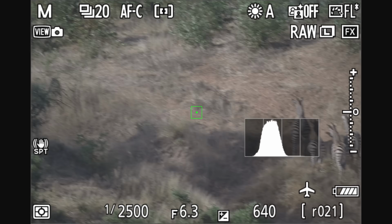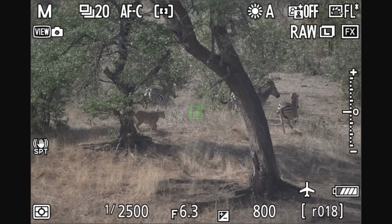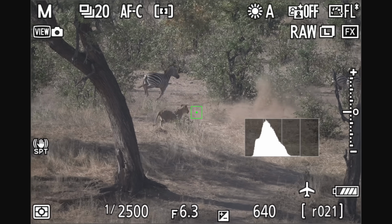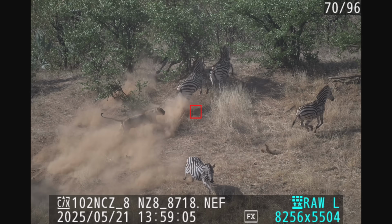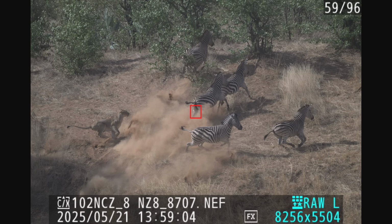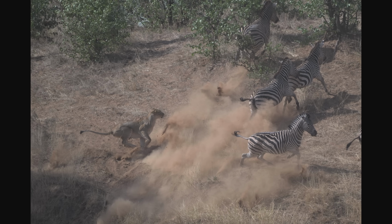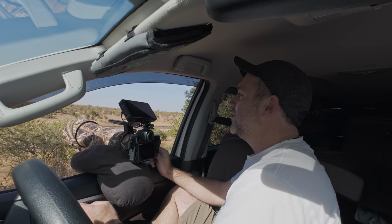By combining thorough research, understanding animal behavior, and having the discipline to wait, you dramatically increase your chances of capturing those rare, powerful moments. It's this extreme patience with a plan that turns long hours in the field into unforgettable photographs. Part of creating a successful wildlife image is being able to transport the viewer right into that moment,